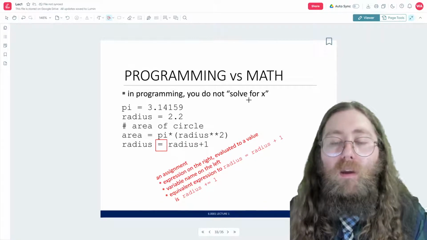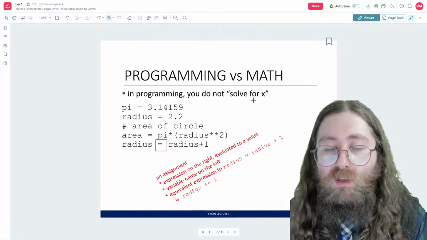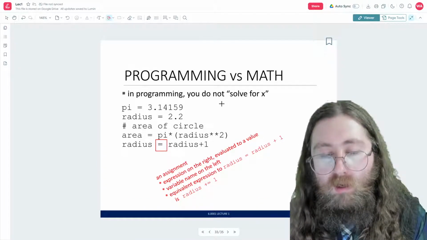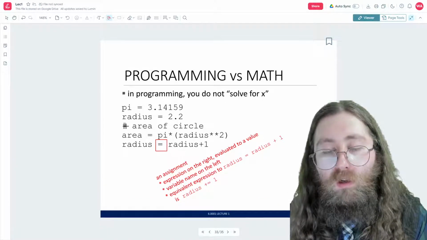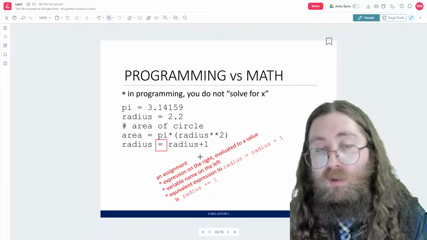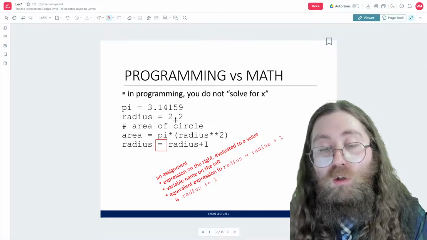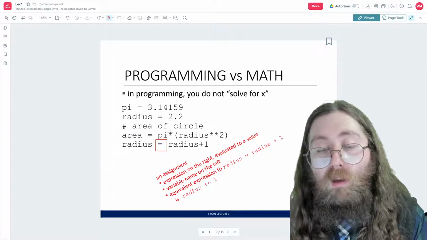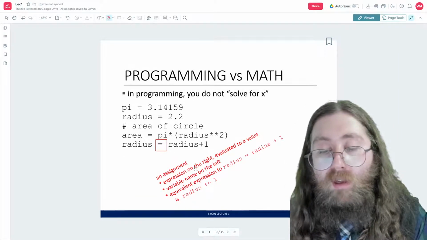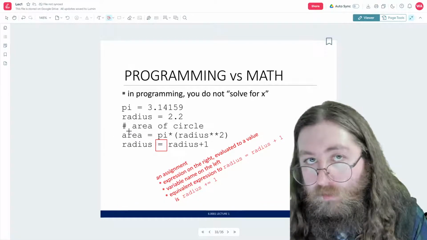Now this slide is just kind of showing us how this could get a little bit more complicated. So let's say we wanted to go at the end here and now say radius is equal to radius plus 1. Well, what that's going to mean is radius is going to go from being 2.2 to being 3.2. But that isn't actually going to affect the value for area, right?